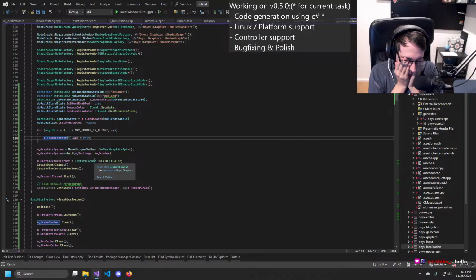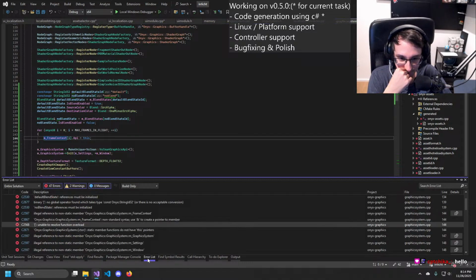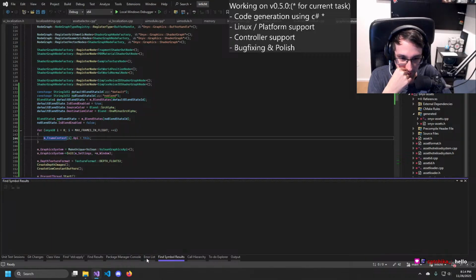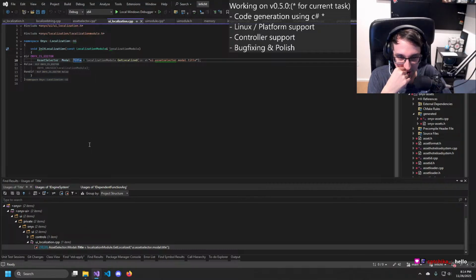Is it even worth it what I'm doing here? It's a good question. Because while it fixes one issue, it introduces a small other issue.